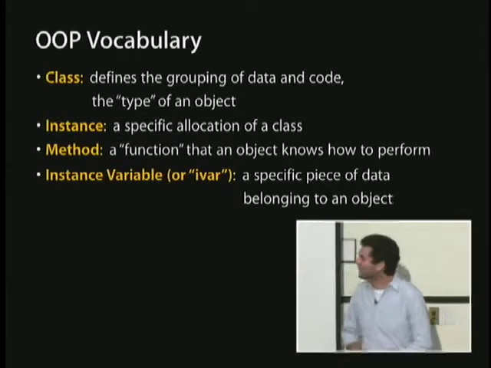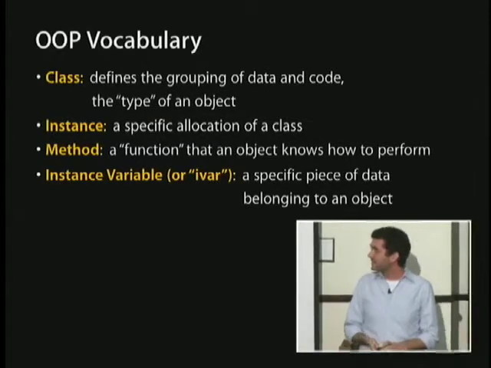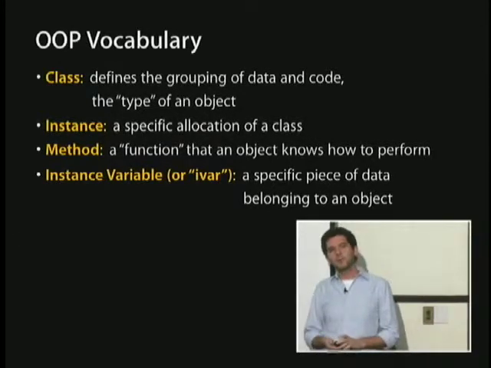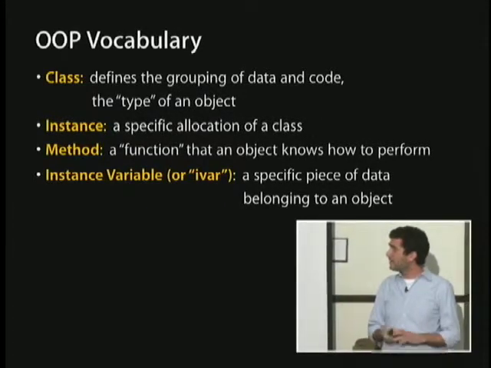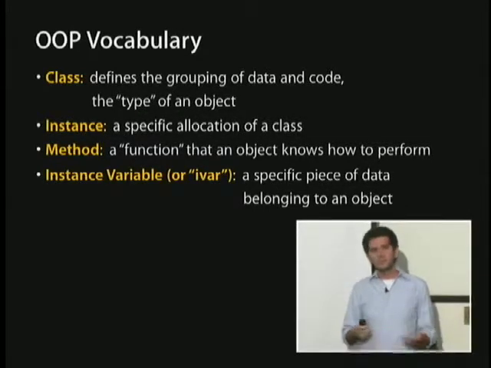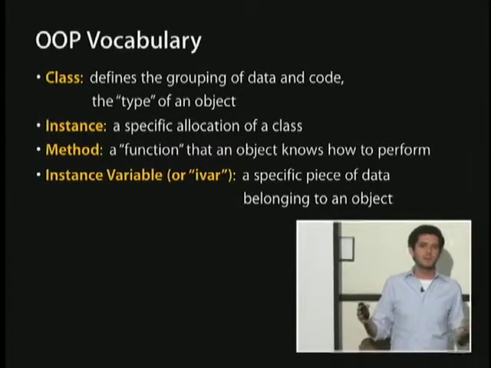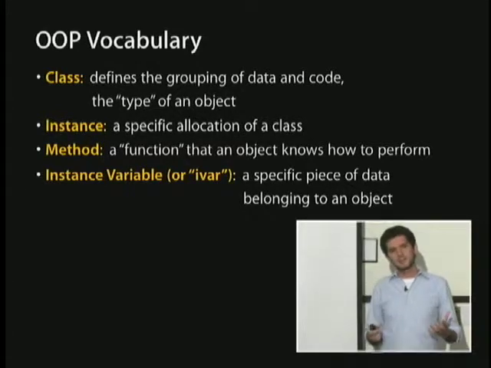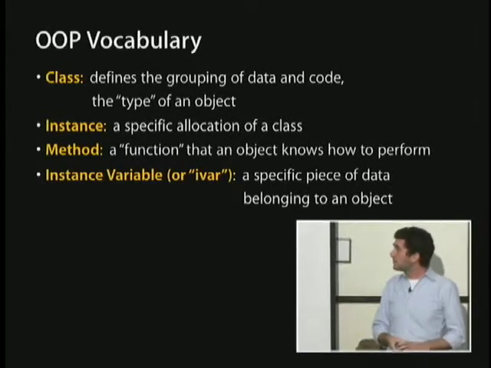I don't know. Okay. Yeah, so a class is a blueprint for an object. It's actually a blueprint for instances, which is the next thing up here. When you start out with a class, you're going to create instances of that class. And then individual instances have methods and instance variables associated with them. The instance variables are the data that's associated with that particular instance, and the methods are basically functions that you can call on those particular instances that operate on the data of that instance. So the instance is effectively grouping up the data and the methods that can operate on that data.